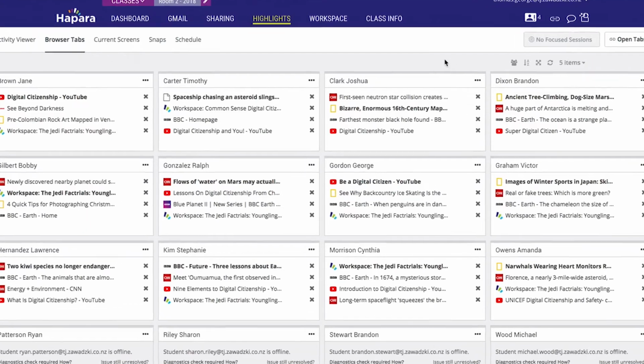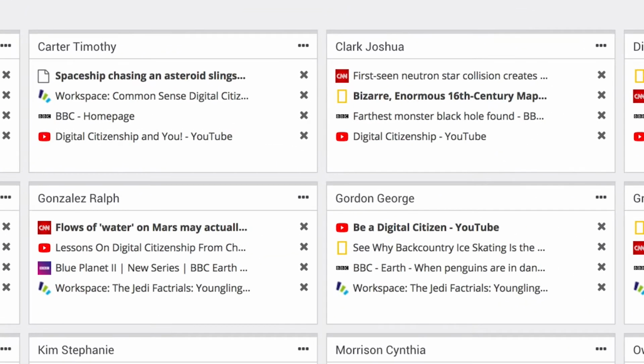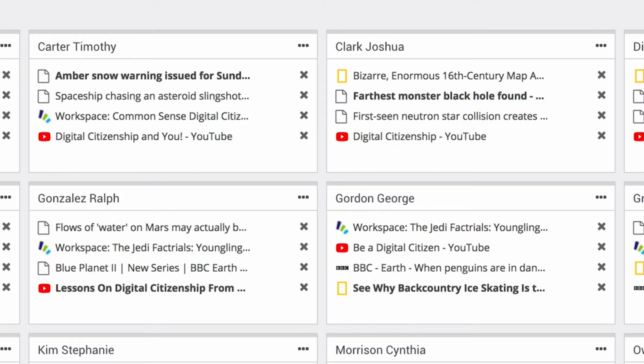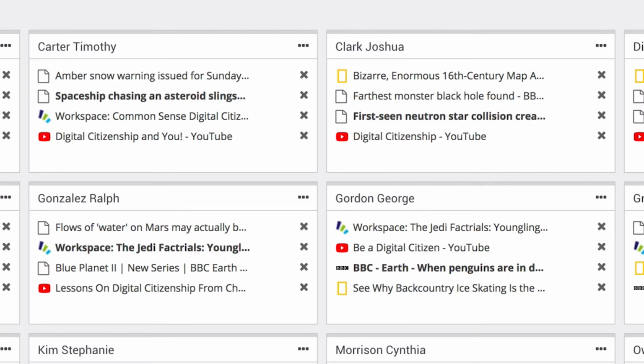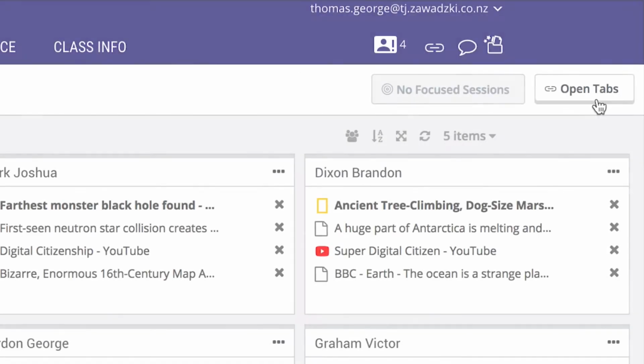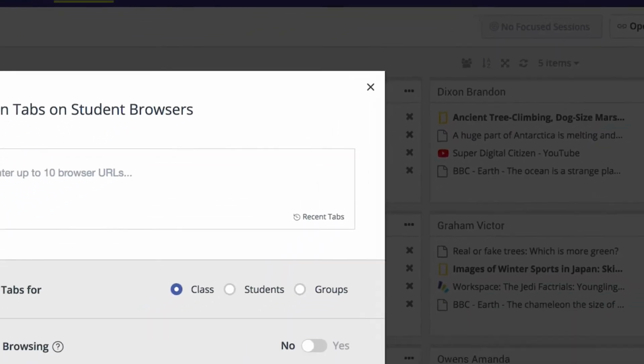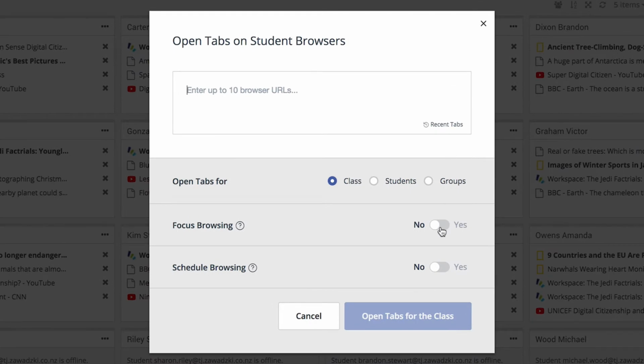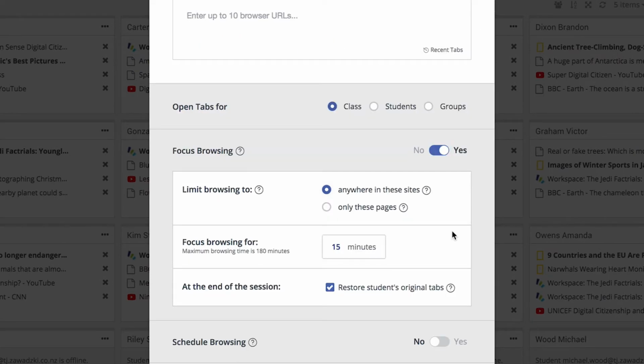With Hapara Highlights, you can be present with learners as they browse online. When learners are signed into Chrome, you'll be able to see all of the tabs they have open in individual student panels. With Highlights, you can open tabs remotely for learners and create focused browsing environments for assessment or more